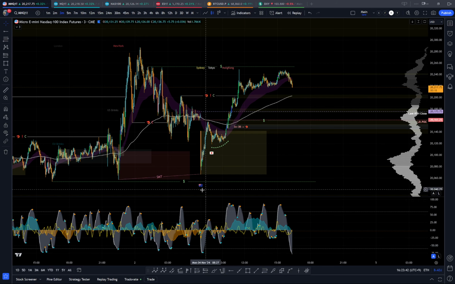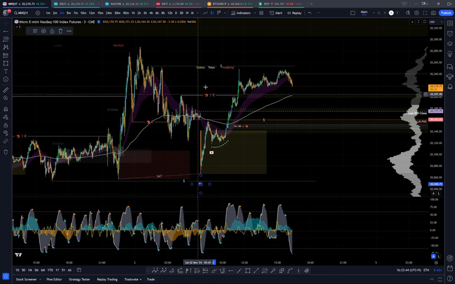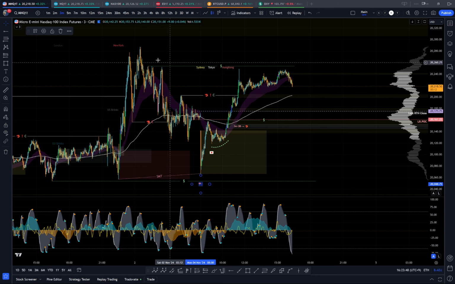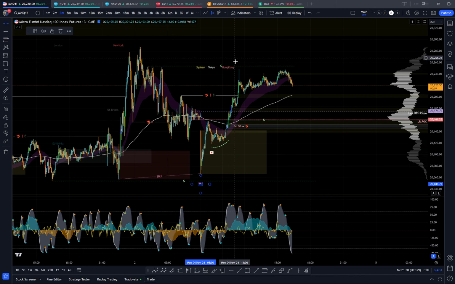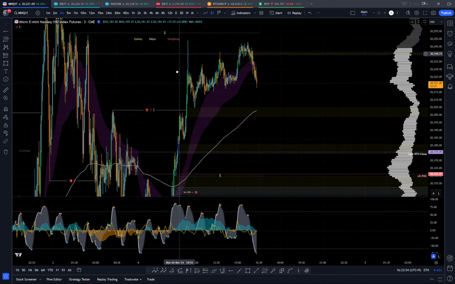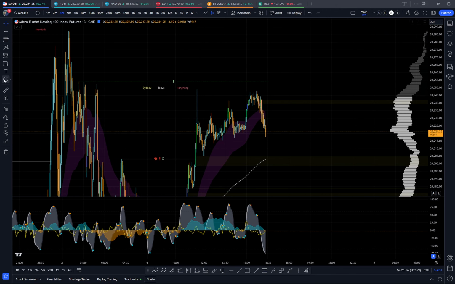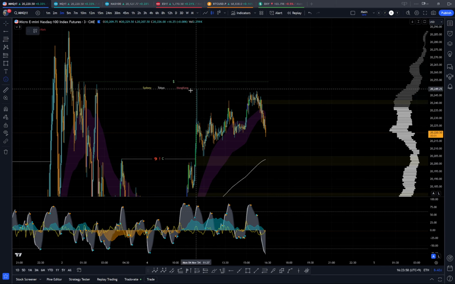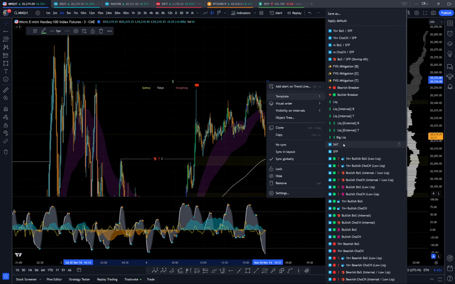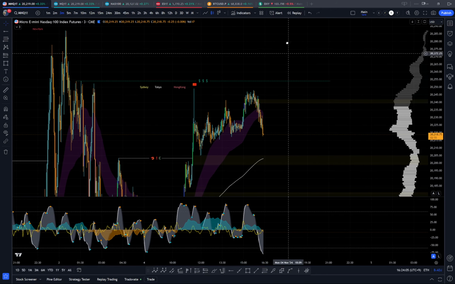Okay, so we have Sydney's low, which has done a job, right? It's not the strongest job, but it's done a job. We have inducement on these flat highs here. So yeah, a short from those highs would be kind of cool. We've left China's high as well. A lot of liquidity here. See, that's a lot of liquidity.